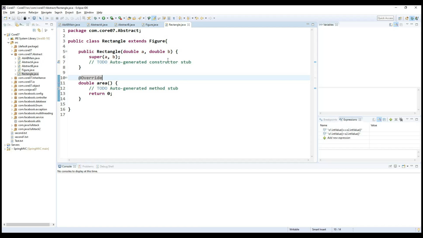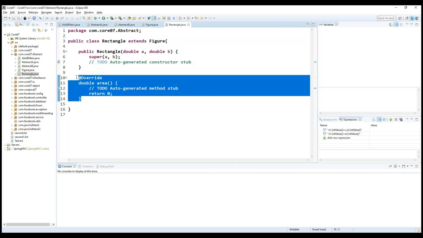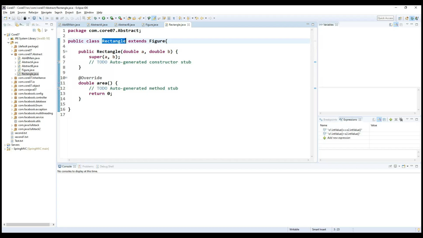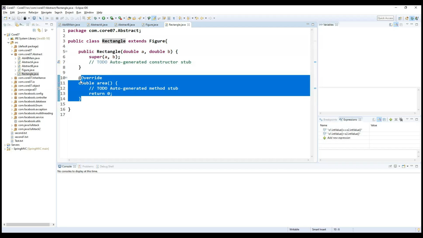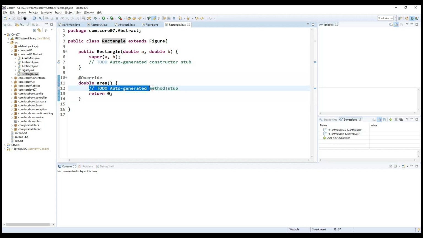And whenever we want to override the method, what is the best option? We can extend this particular class and we can override the method. Okay, we can extend this particular class and override the method, and successfully we are making this particular class available for object creation. So for this particular class we can create an object right now because we overrode the method. Now what I will do is provide, inside this particular area for rectangle,